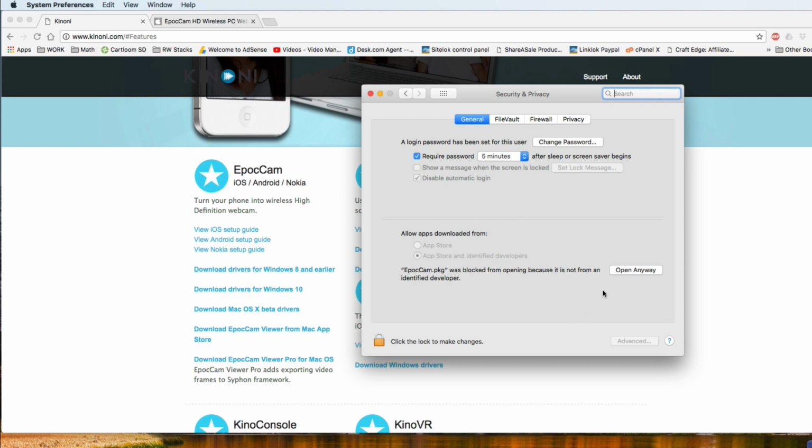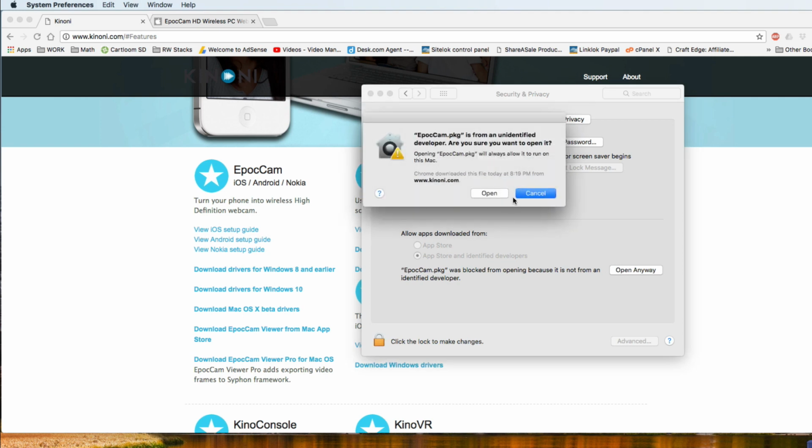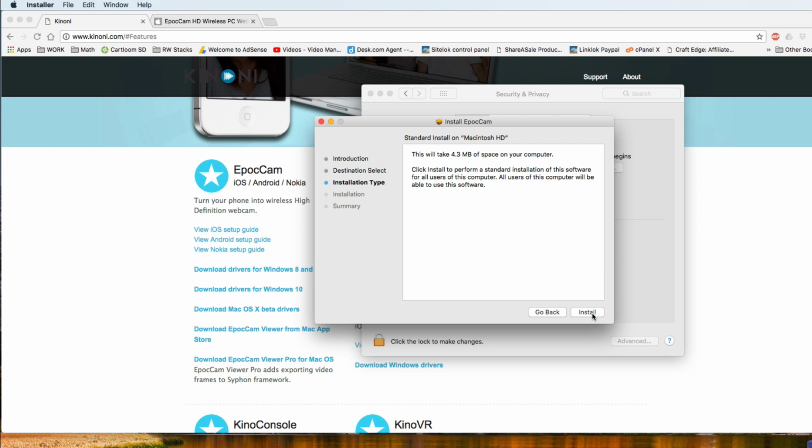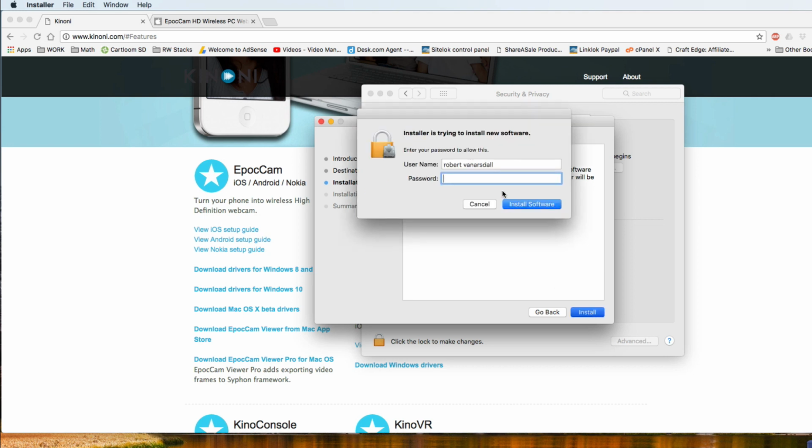So pay close attention to it. I'm going to go ahead and click on Open Anyway, and then it's going to allow me to open it, and here's the installer. So go ahead and install this, and then we're going to talk about the next section here,